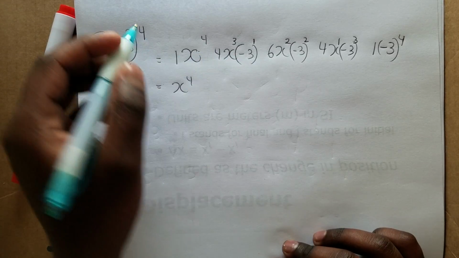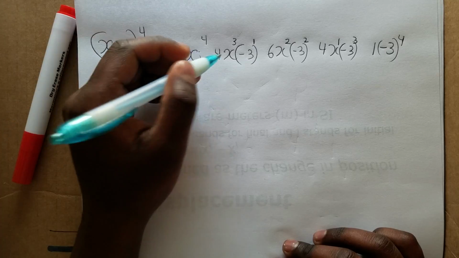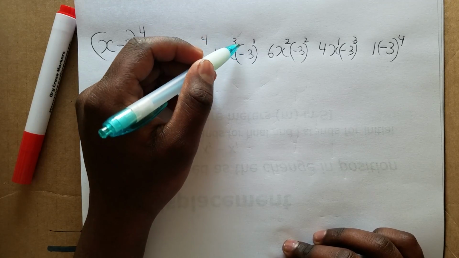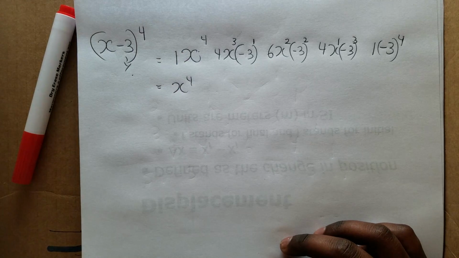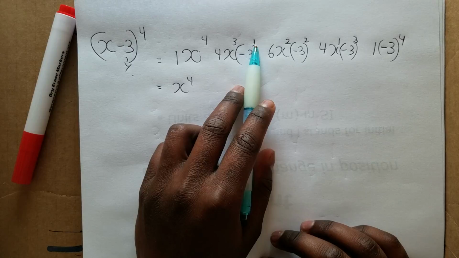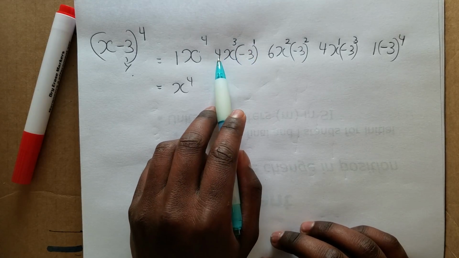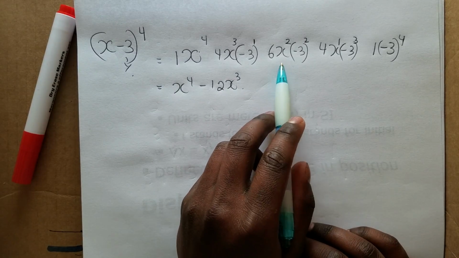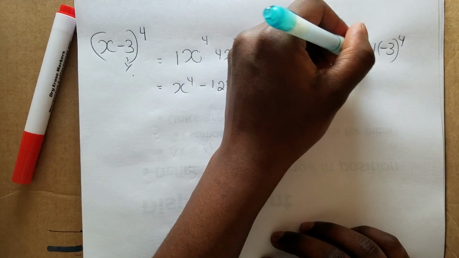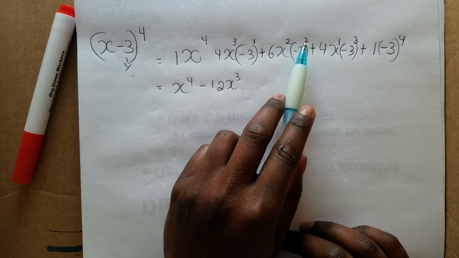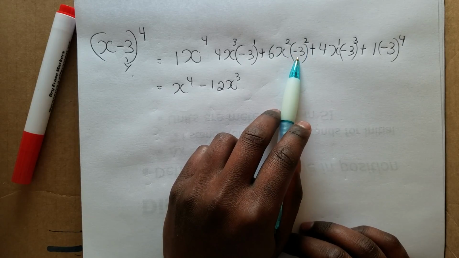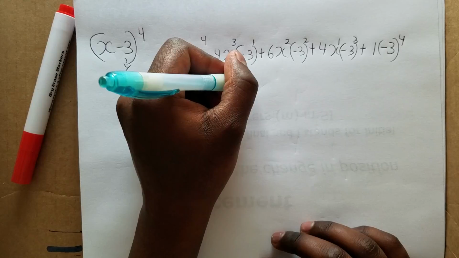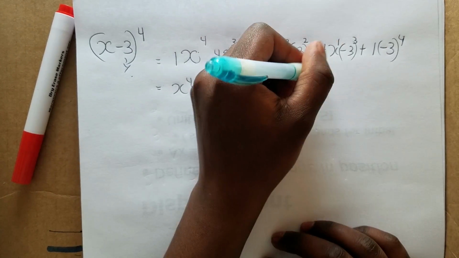So now you just multiply it out. You get 1 times x to the 4th is x to the 4th. Negative 3 to the power of 1 is just negative 3. Negative 3 times 4 is negative 12, so you get negative 12 x to the 3rd. Then this will be plus. Negative 3 to the 2nd power is 9, positive 9. 9 times 6 is 54. So you get positive 54 x to the 2nd plus